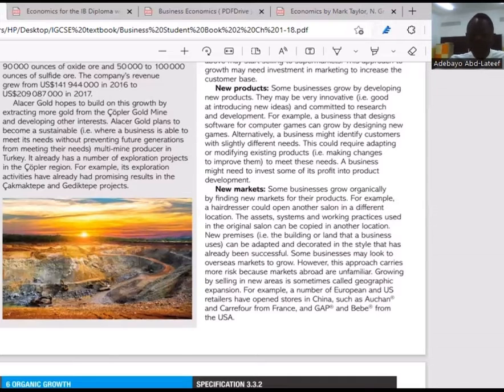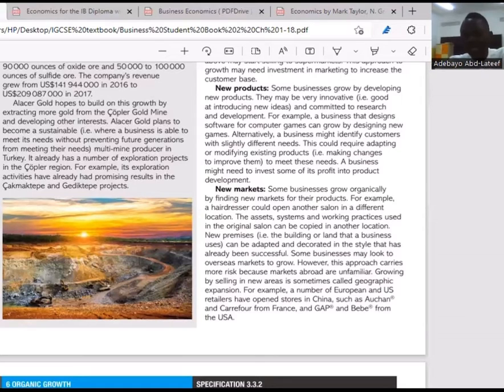Because when you are growing organically, you won't be able to buy more raw materials like those businesses that have integrated in the same market as yours. Businesses that have integrated in the same market might have the financial capability to buy more products and more raw materials, which you might not be able to buy because you are growing organically. So you will be thinking of using your retained profits to expand your business. They will be thinking of